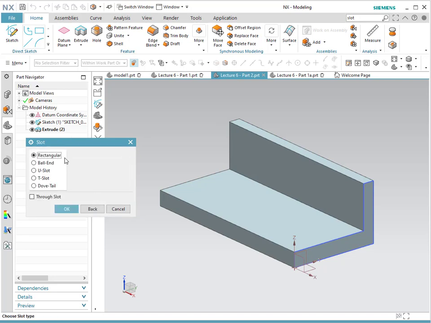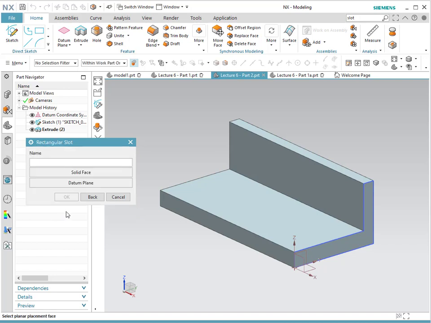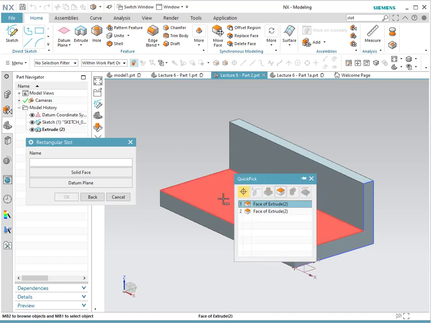The choices that we had were rectangular, ball end, U-slot, T-slot, or dovetail. The choices depend on the cross-sectional view of the tool used to create the slot. So let's start with rectangular. First, notice that the instructions are placed at the bottom left corner of NX. The first thing that we're going to do is select the surface where they're going to be done. So we're going to click here,